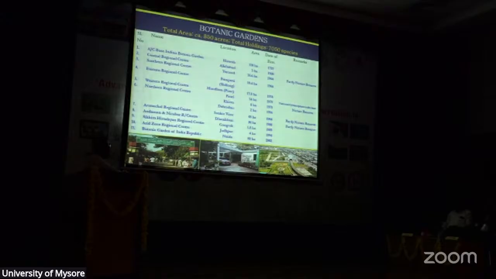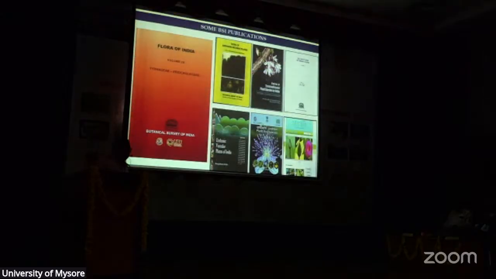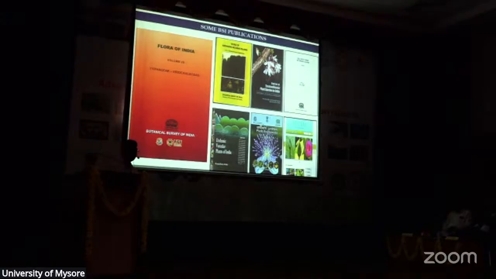And this is the National Academy at the airport, and this is the front view of the AGC Boston Botanic Garden. Of course, the botanical garden is continuously doing documentation of the plants. Floras are being released. This is the Flora volume 28, which was released on 13th of February. And then we are also having other Red Data Books being released.